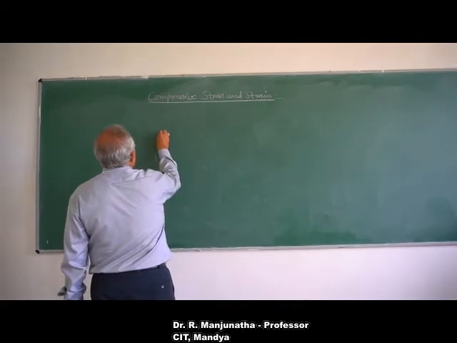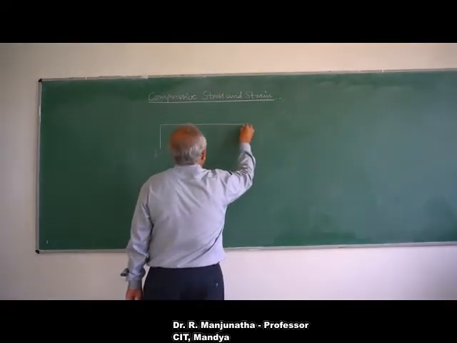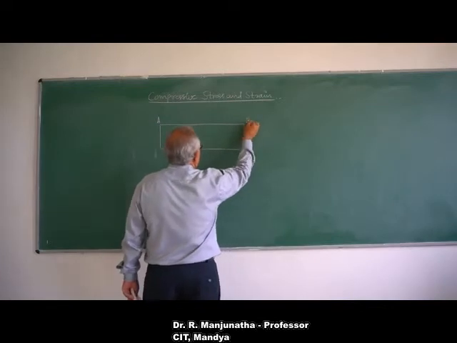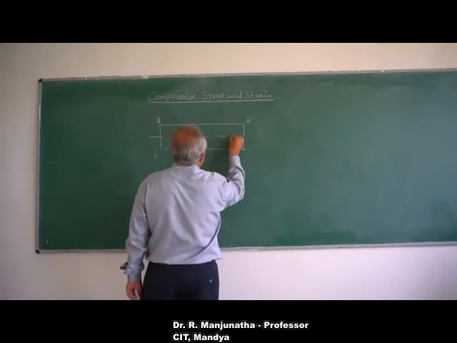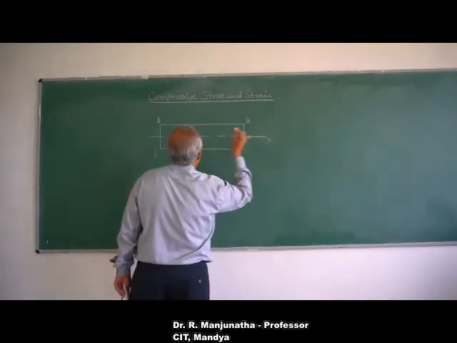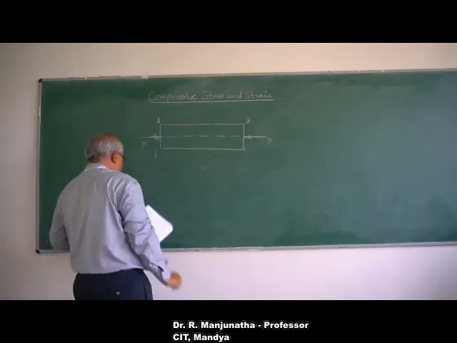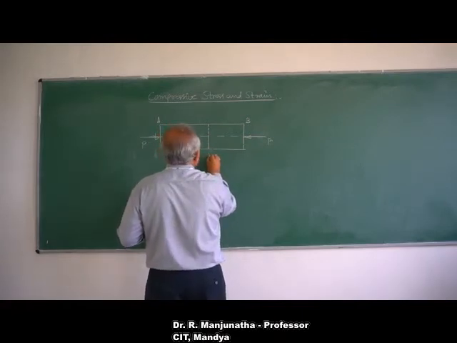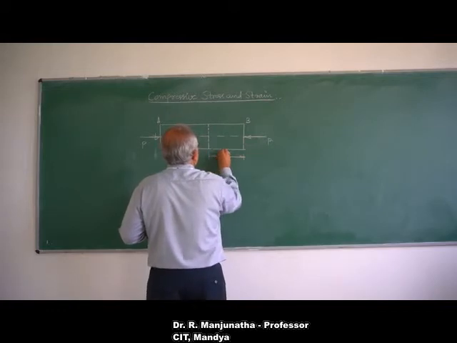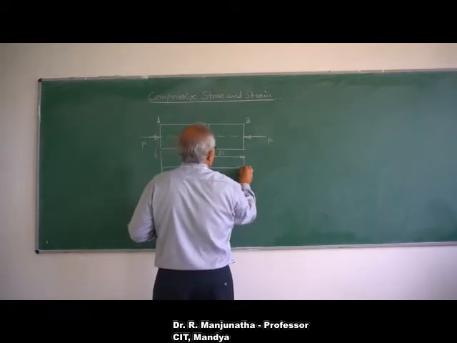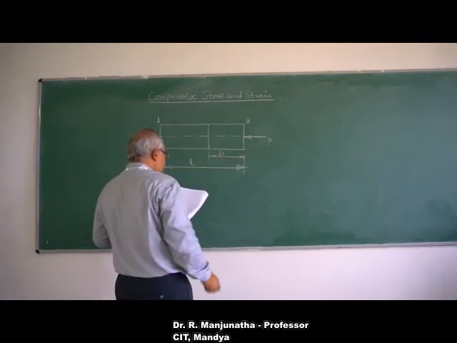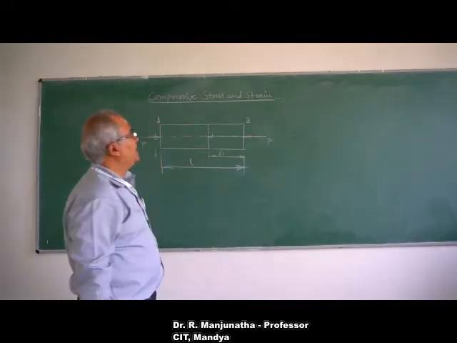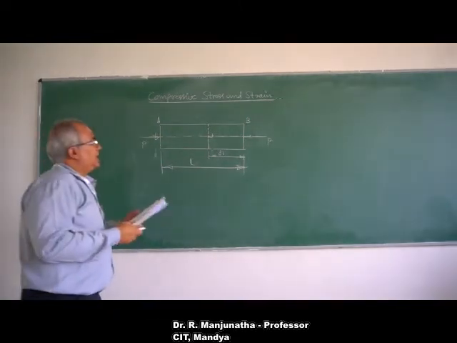Now we will consider a member, A and B. The member is applied with a compressive load, which is capital P, and this is capital P. When we apply the load, the member will be compressed by the amount of delta L. So this will be delta L, and this will be the overall length of the member, which is L. This is the load force P, applied, and after the compression you get this point, which is delta L.